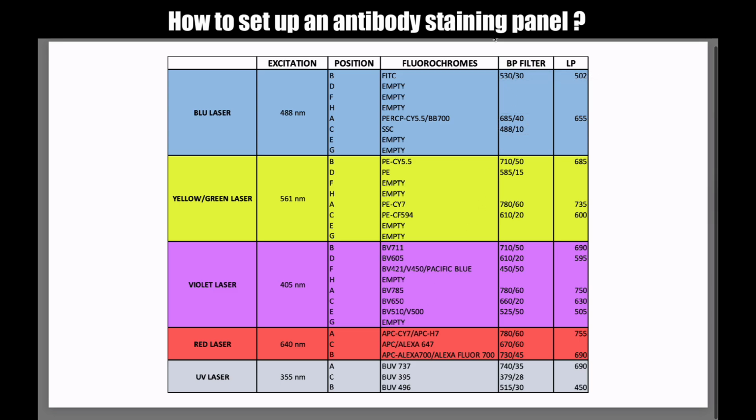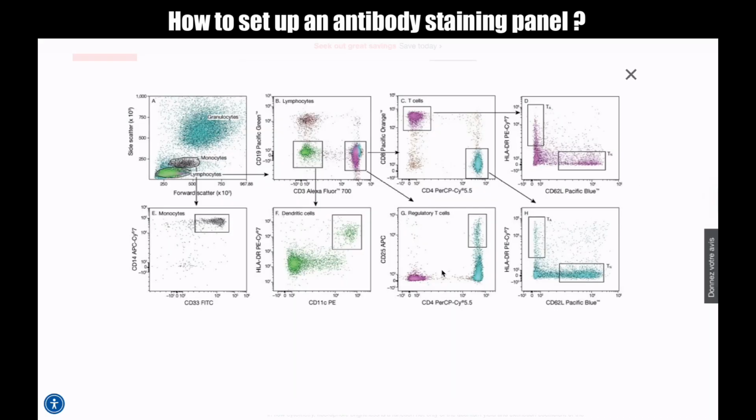So for this case, I suggest you check with your colleagues, your supervisor, or your technician of the flow cytometry facility. You might want to change the flow cytometer, so change instrument, or you might want to change fluorochrome. For example, if we come back, Pacific Green is for CD19.